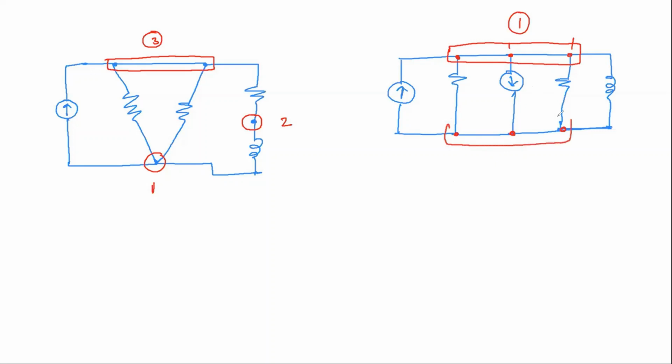Even in the bottom case, there is no element in between these two nodes, right? 2 or 3 nodes, there is no element. So just take it as the second node. So how many nodes are there? 2, sir. So who made it right? 8 students made it right. Who are the 8 students? Just raise your hands or just put it in a message.